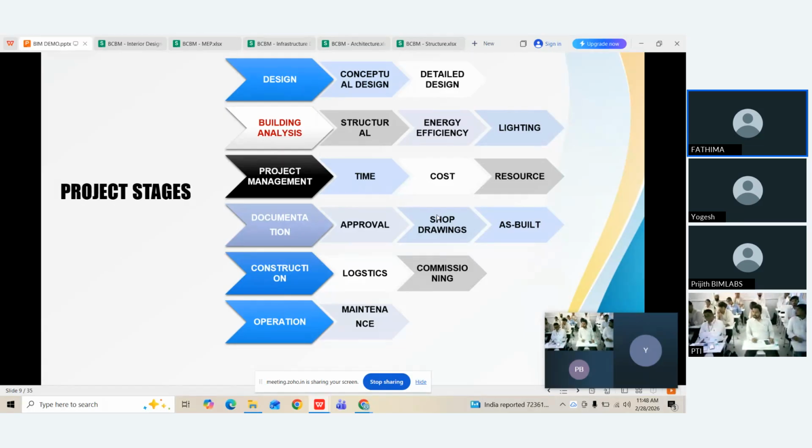And the next one is as built. As built means after approval we want to start the construction. While construction is going on, we may want to change our plan, suppose in the electric section, or we want to change the position of a door or window. So at that time we need to prepare the drawing. For preparing the drawing, we need the plan. So that is the purpose of the as built option, which means if you have constructed the building, or if you are renovating your house,